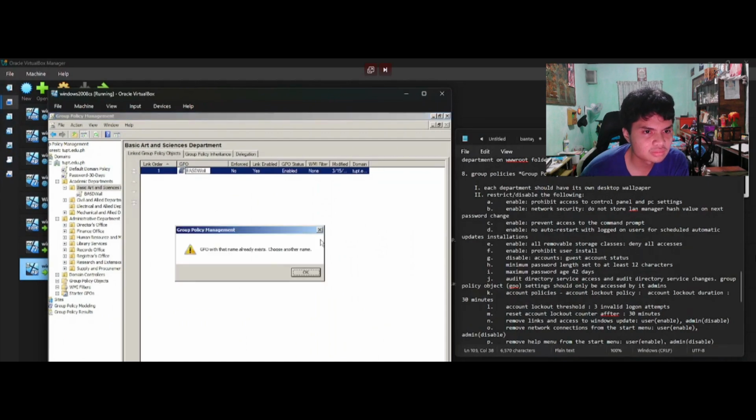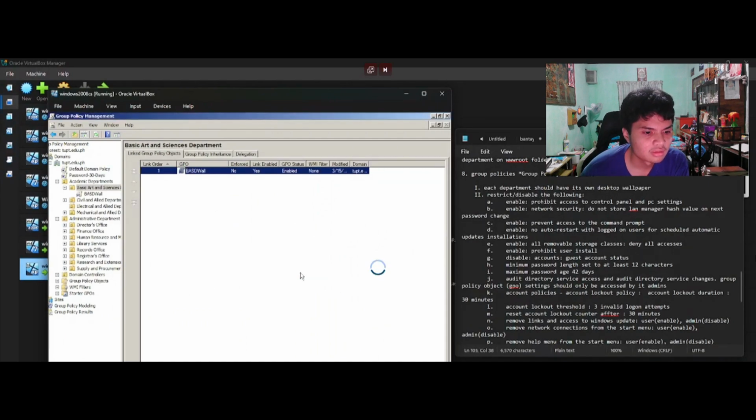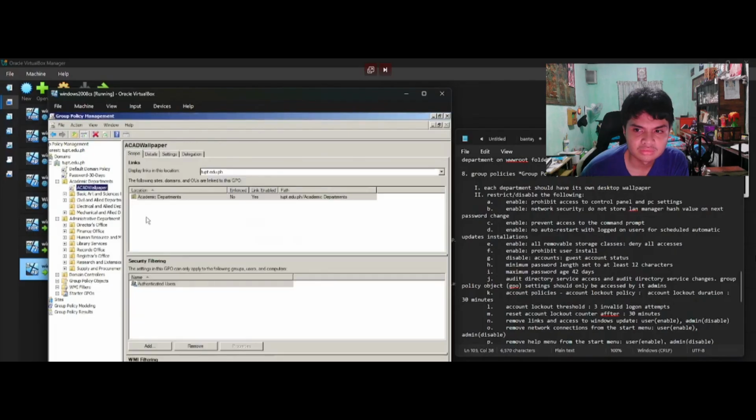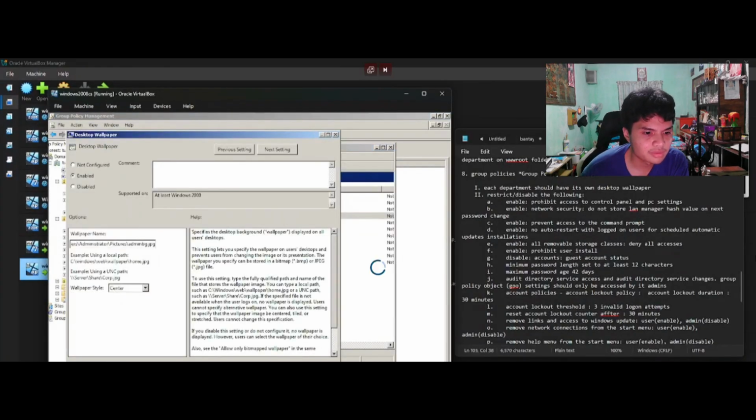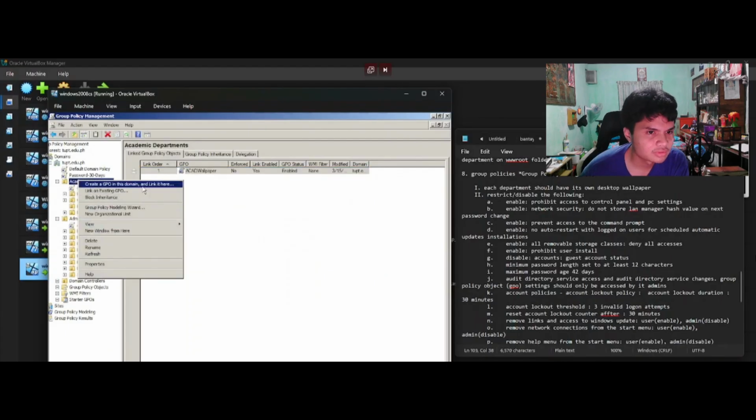Afterwards change it to the facade wallpaper again. Then we can rename it if you want. And go to add CAD wallpaper and admin wallpaper.